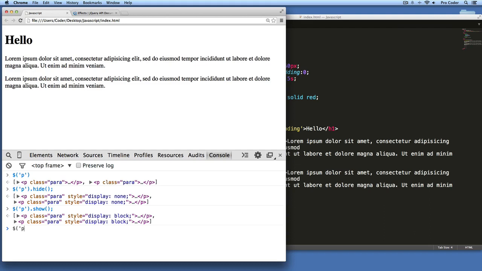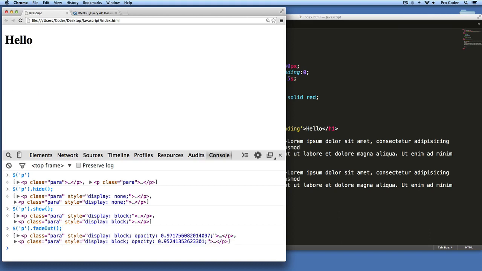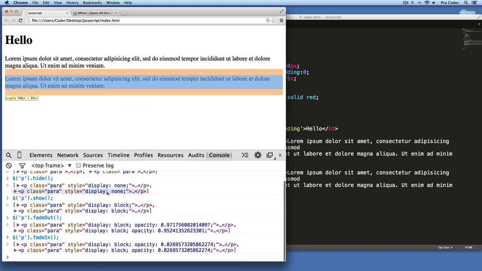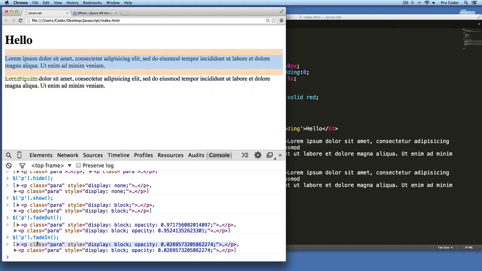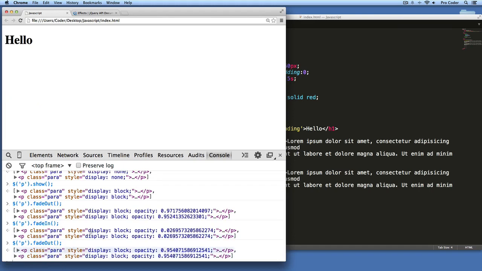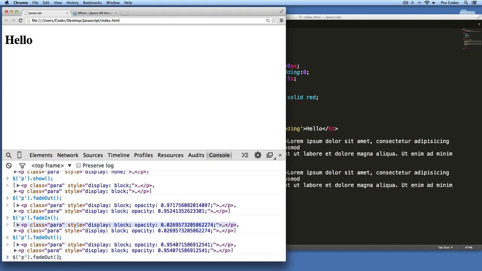There's also fade out, which is pretty cool. You can fade things out and fade them back in if you want. So those are a few effects that jQuery has, and you can even chain effects and other jQuery functions together just by adding another dot and doing something else thereafter. So you could fade it in and then change the color red. So let's try something like that. Let's fade it out first. So we faded out those paragraph tags. Now let's fade it in,